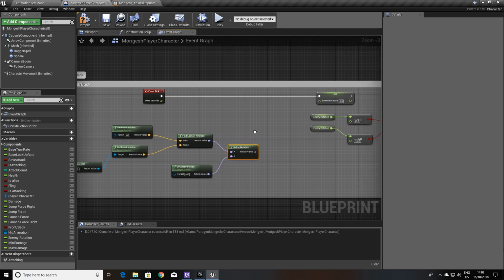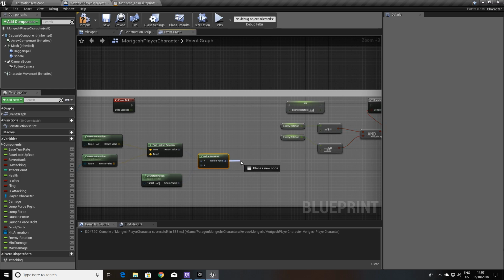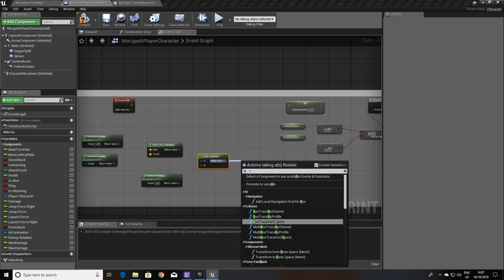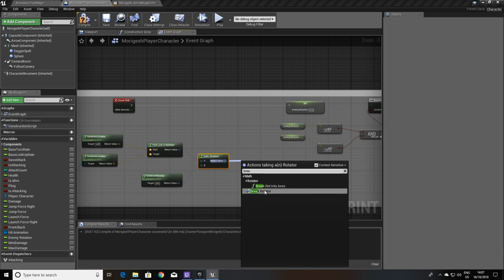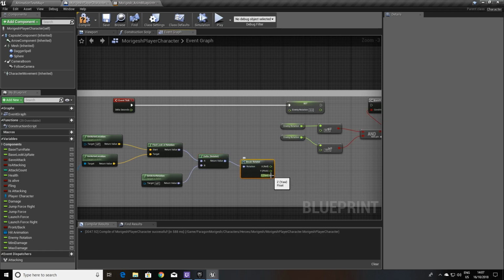Just select this and here break rotator. Put it here, and